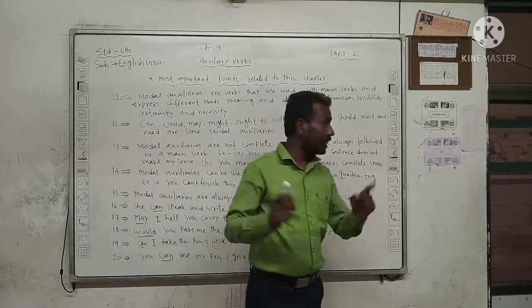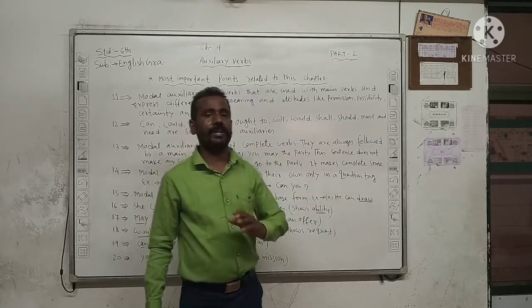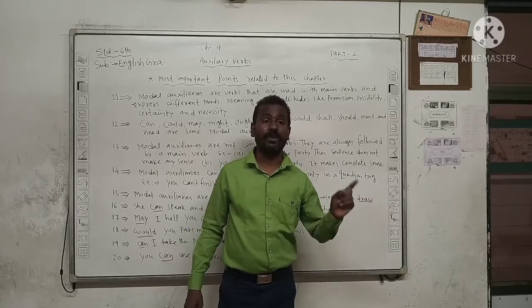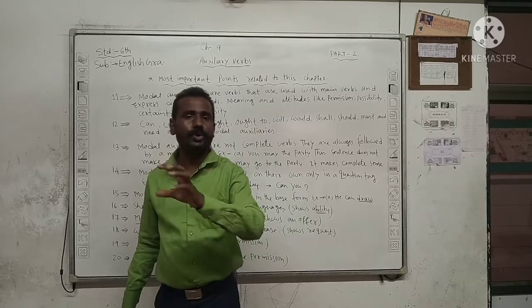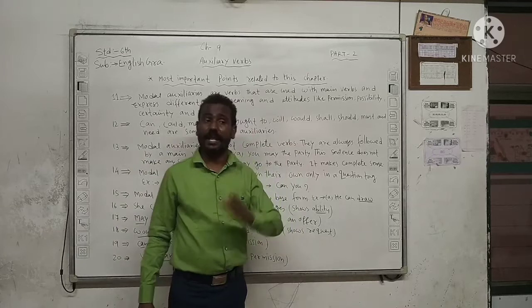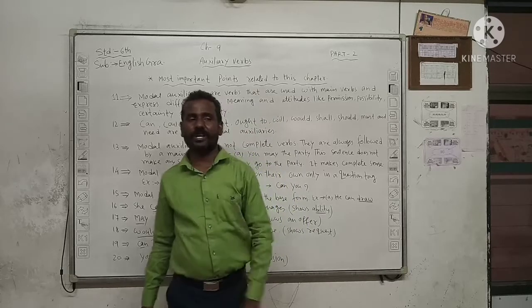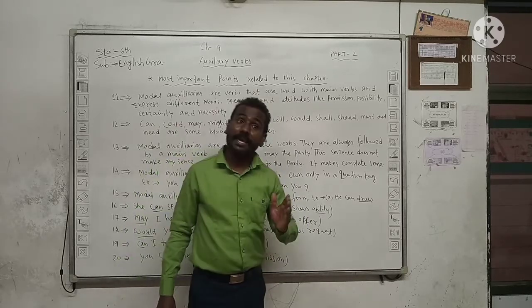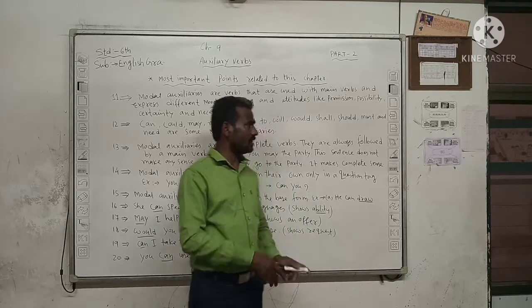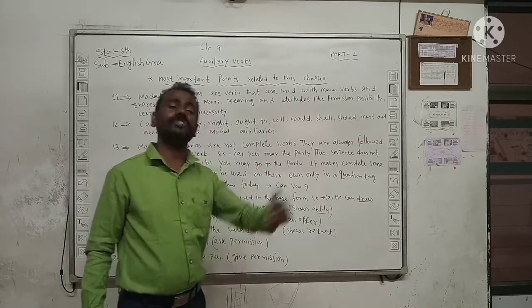But how it is used, that also I am saying. First of all, ability: I can speak in English fluently. This is showing your ability, that means you can do this. But in the same modal verb, can I use it here? Can I take it? That means you are asking the permission. Can I use your pen? It is asking the permission. And someone will say, yes you can. That means giving permission. Easily you can use that.